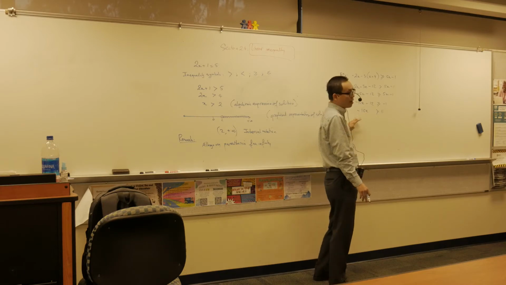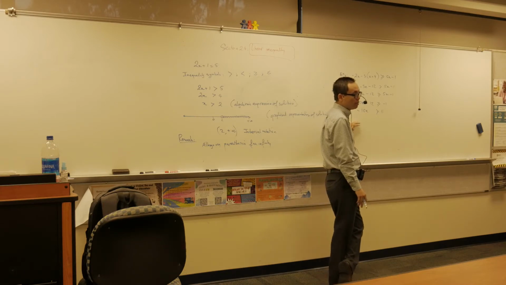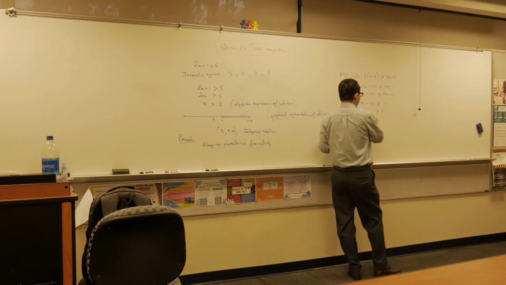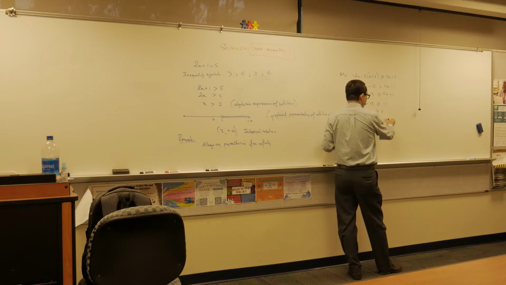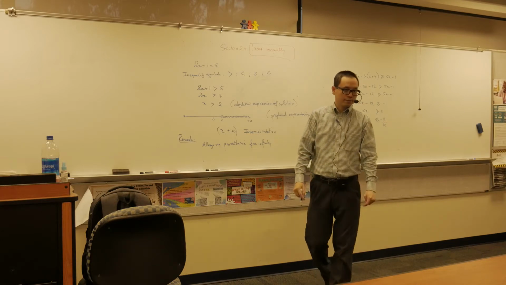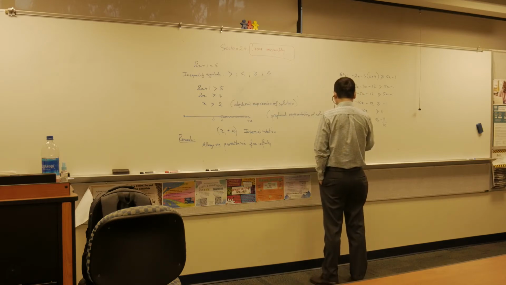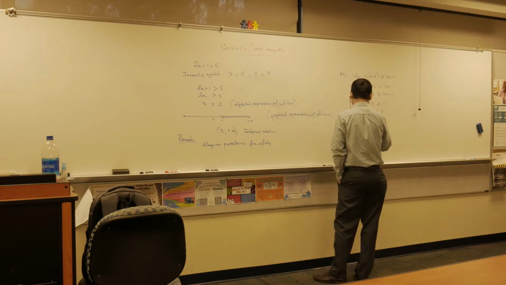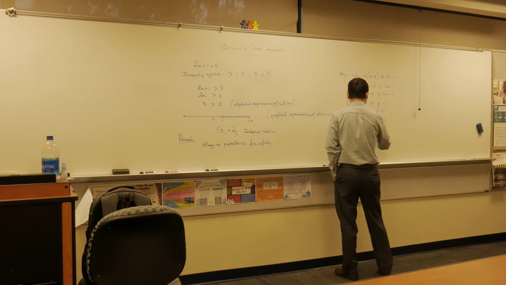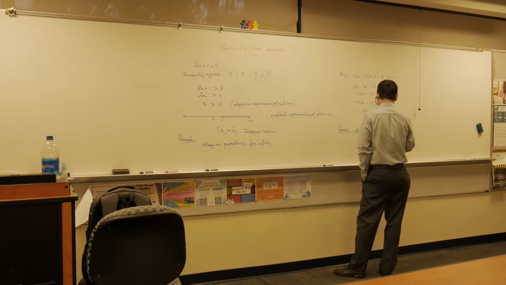So if you divide or multiply by a negative number, you have to flip the direction. Remember that. So I'm going to put a remark right here: flip direction of inequality symbol